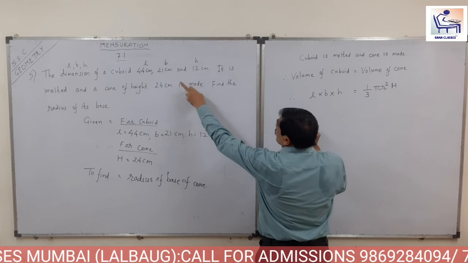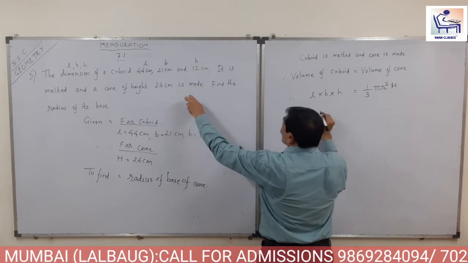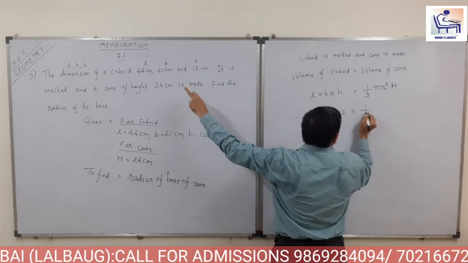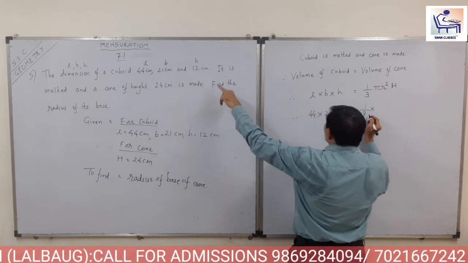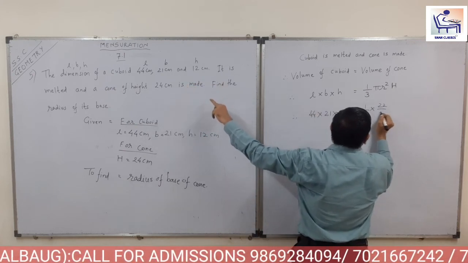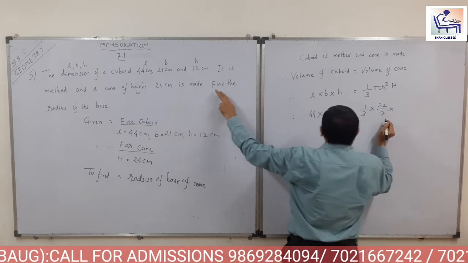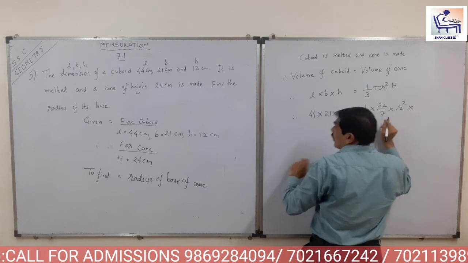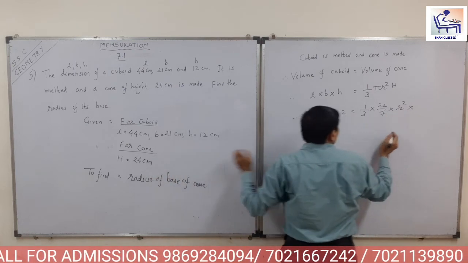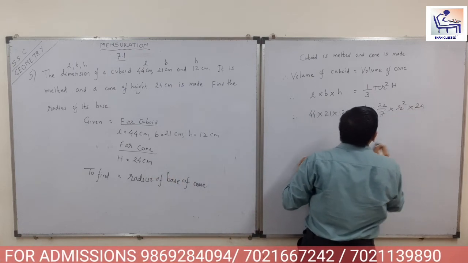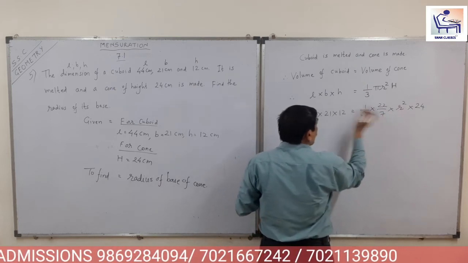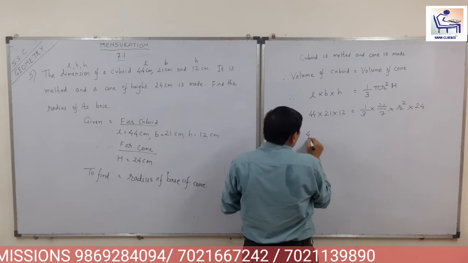Okay, now you tell me what is the length? 44, breadth is 21, height is 12. Okay, the value of pi is 22/7, nothing is given. Now radius we want to find out, and the height of cone is 24. Do one thing, you take all the numbers on the opposite side,